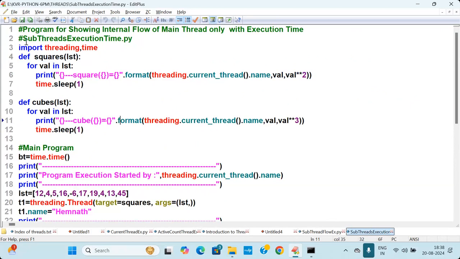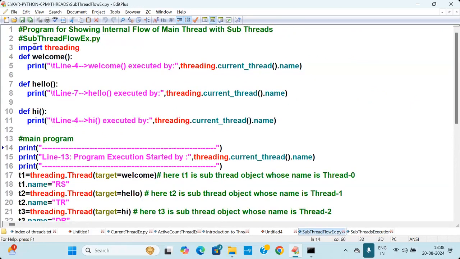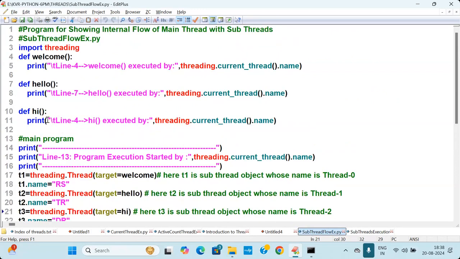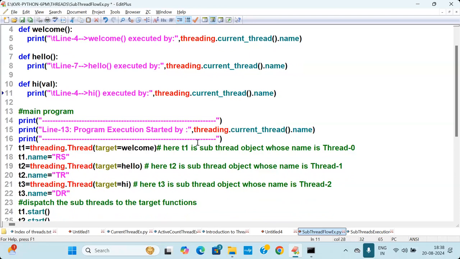I need not write the same code once again. Take the subthread execution, the subthread flow, here: welcome, hello, hi. This is a message you are passing. Suppose you want to print hello, one message. I say comma, and I'll write that name also to be printed. This is the one I'm going to take up, dot format of,